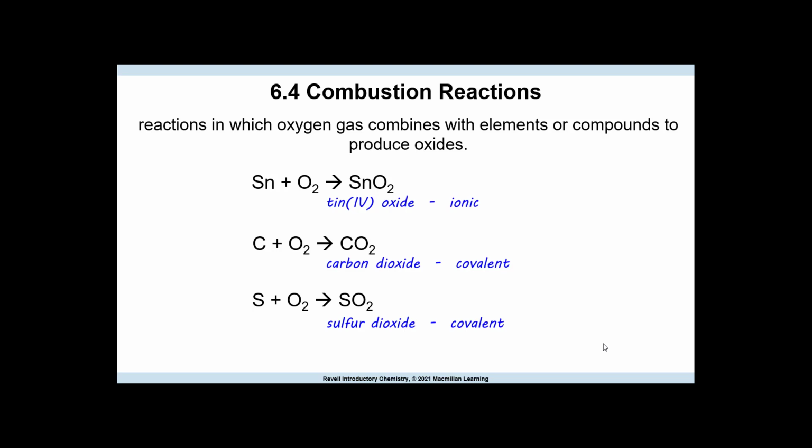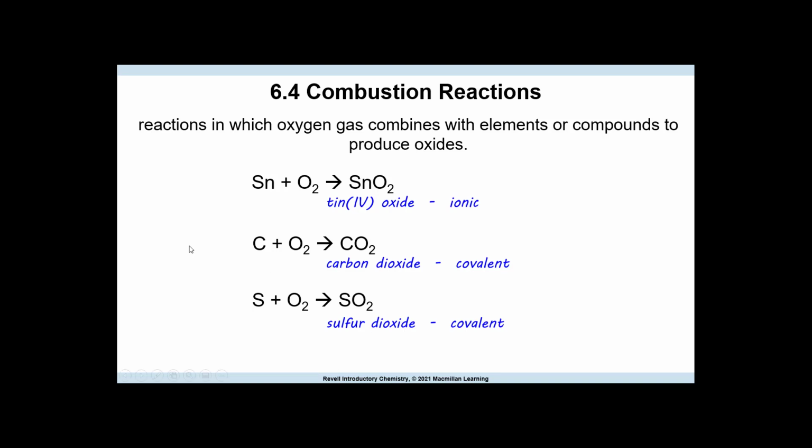This is combustion reactions. So many common reactions involve elemental oxygen. Oxygen is a major component of Earth's atmosphere, and it reacts with nearly every other element and many compounds. Both metals and nonmetals react with oxygen. For example, consider the way that oxygen reacts with tin. If we look at this first one right here, oxygen reacts with tin, which is a metal, and also with the